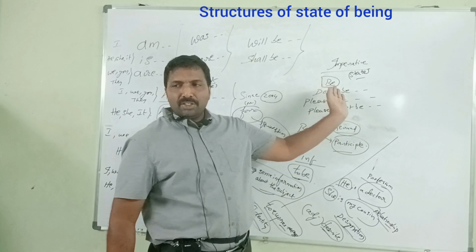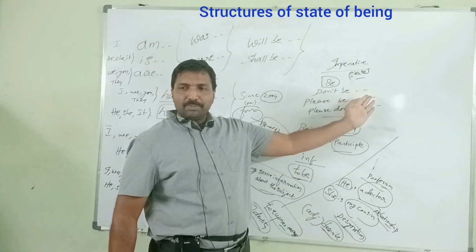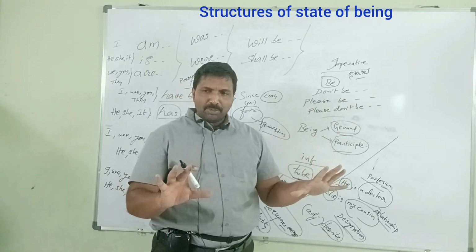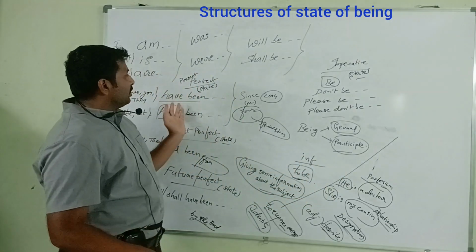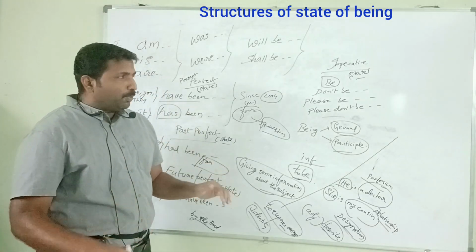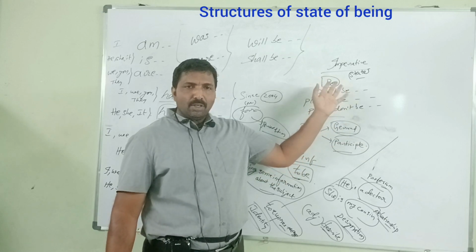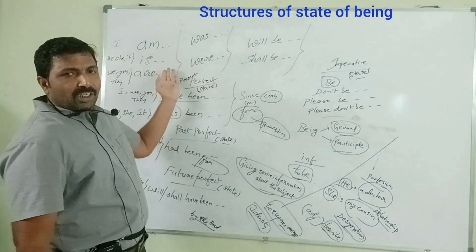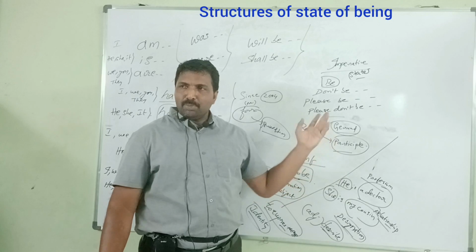Again, imperative sentences: be a good friend, be happy, adjectives. Don't be dull. He is dull means you are describing the subject. He is dull, they are dull, she is dull. She is dull is the statement. Listen to me carefully. Is this confirmed? But don't be dull means you are instructing, imperative sentence. Don't be dull, please be active. He is active means it is confirmed. Be active means actually he is not active, you are instructing him to be. Please be active somehow.